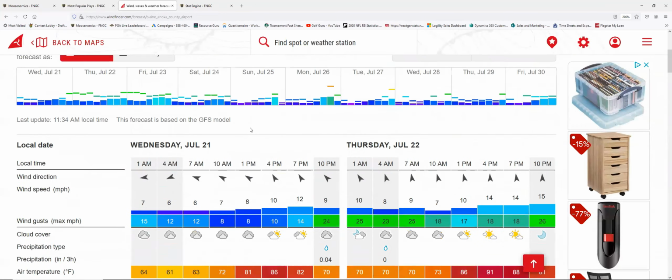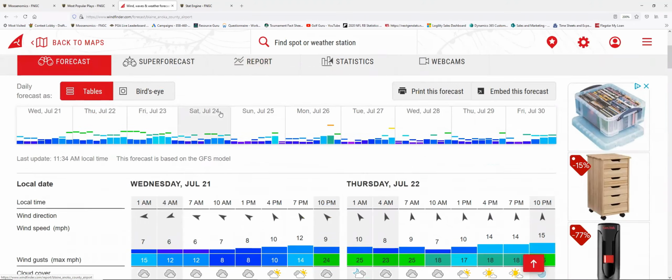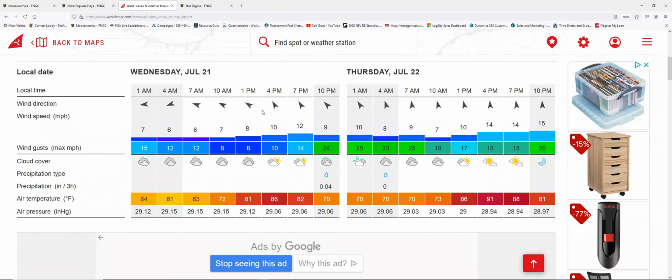There's not a whole lot. Again, I just do this so if you are using Windfinder, and if you're playing Showdown, or if you're trying to do an AM/PM kind of build, where you're going to want to go pull is Blaine, Anoka County Airport. It is right by the golf course. Right now, again, of course, this is less than 24 hours out,